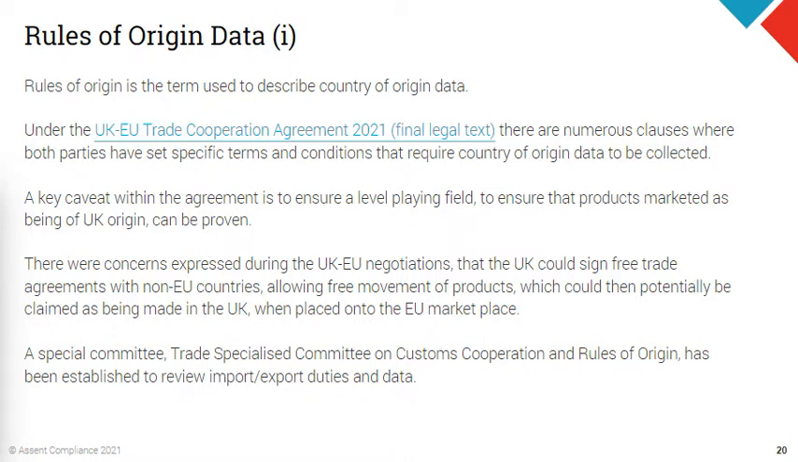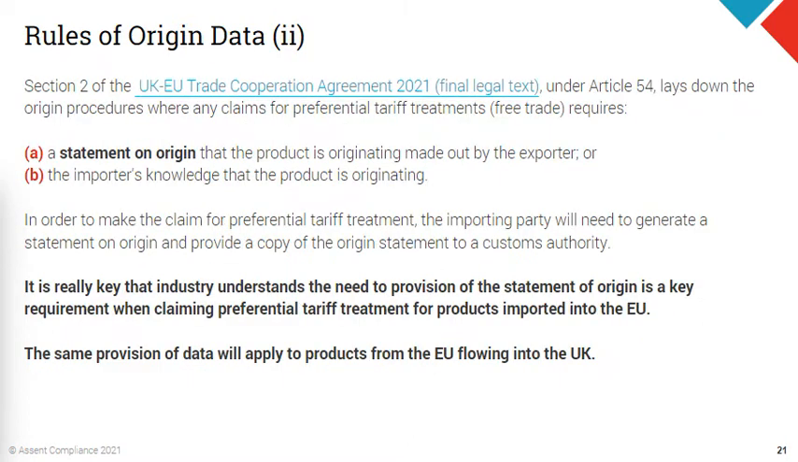specifically there's one section in there that starts talking about this level playing field and this idea of a document that needs to trace country of origin information. If I go to the next slide, I'm sure I put the links in. Yeah, so section 2 of that actual agreement actually calls out under Article 54 this concept of a statement of